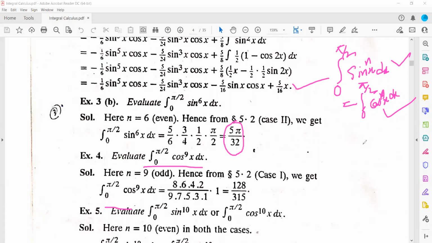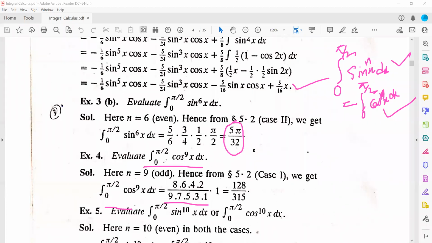Yes, sir, the formula will be the same for both. I'm telling this for the Wallis formula, not the reduction formula. Because in the Wallis formula, there is a limit of integration, and due to that limit, you can verify by yourself. As you have found the Wallis formula for sine to the power nx, in a similar fashion find the Wallis formula for cos to the power nx. You will get the same result as in the case of sine to the power nx dx. So that's why I have used that result here.